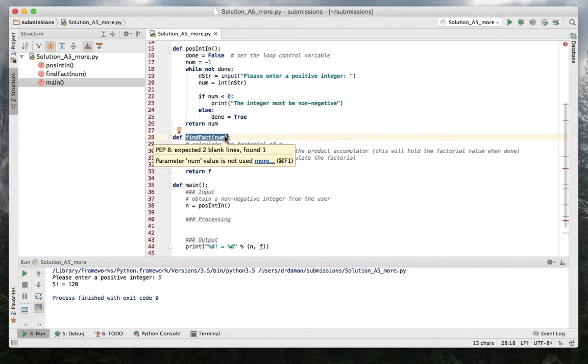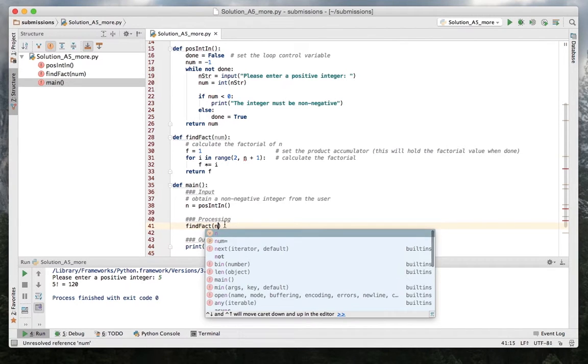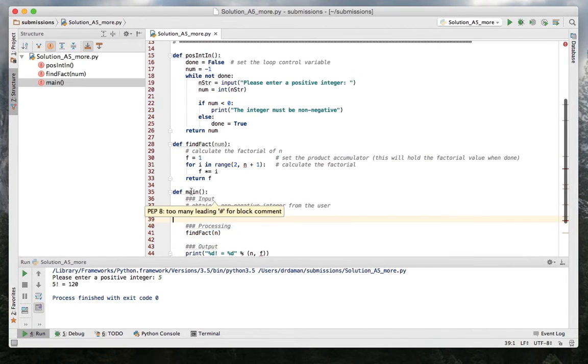So now that that's done, I should be able to come over here, copy this, and under the processing portion, paste it and set it equal to that. So main is now significantly smaller. I have a command here that's going to obtain my input. I have a command here that's going to find the factorial, but you know what? I really need to say f